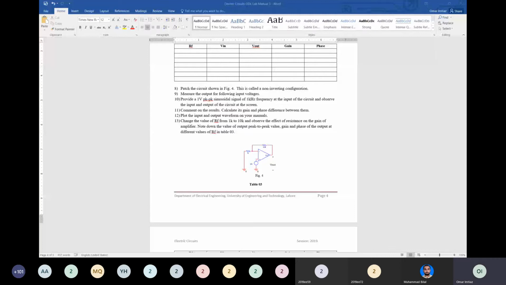Roll number 4 is asking, please give the formula of gain. Roll number 4, that is a very silly question, and you can refer to chapter 4. Minus RF by R1 is the formula for inverting gain, RF being the feedback resistance, R1 being the other resistance. And for the non-inverting amplifier, the formula is 1 plus RF by R1, or 1 plus R2 by R1.